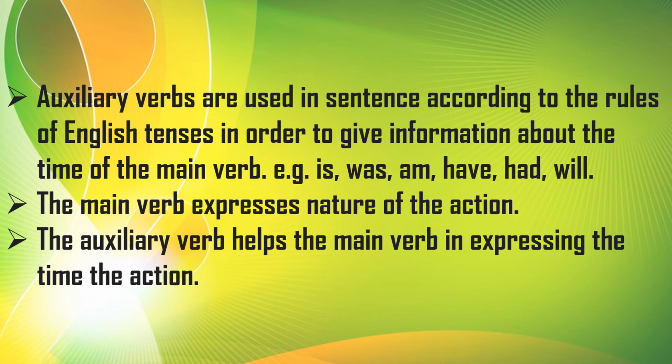We have revised the main verb, then we have seen the meaning of the auxiliary verbs, then we have seen its 2 types, primary and modal. And in today's session, we have seen the definition of the auxiliary verb, so why it is called a helping verb. Then we have seen different forms, forms of be, forms of do and forms of have, and we have seen them by framing some sentences. So that's all for today. In the next session, we will learn about modal auxiliaries.